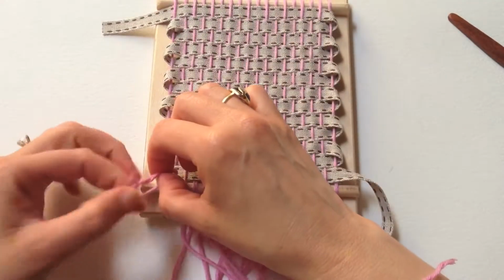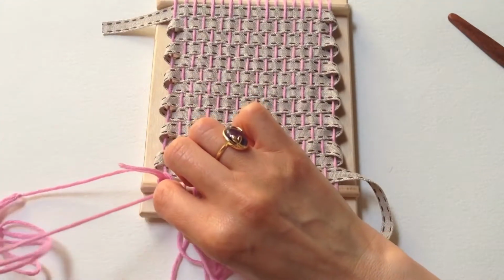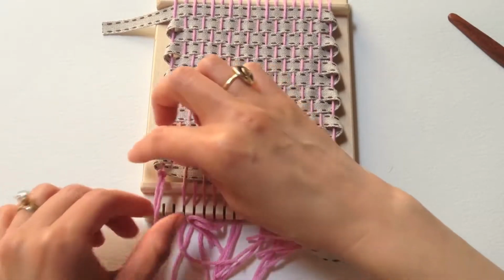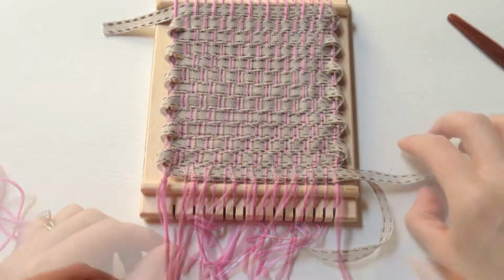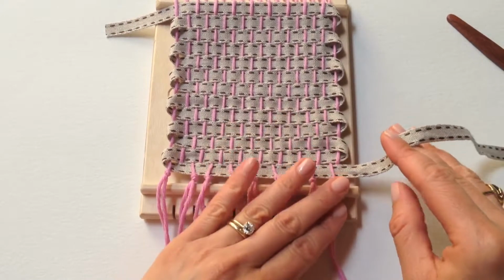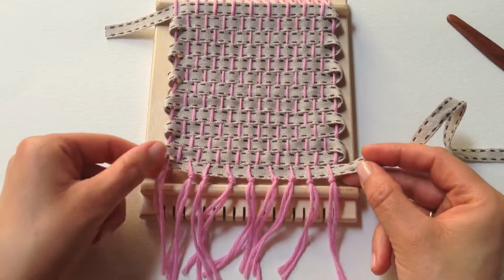And what we do is take 2 ends of yarn and tie a knot. And then we're going to trim the fringe off to make it all uniform. Just like that. So we've gone across the whole row. After we do the same to the other side, we're going to sew this linen ribbon in place so it